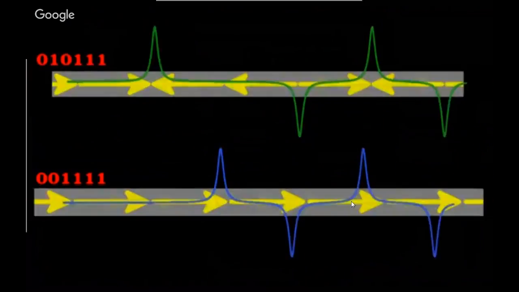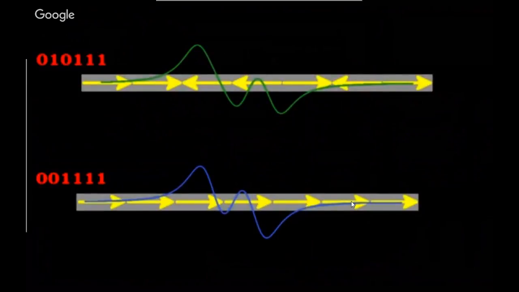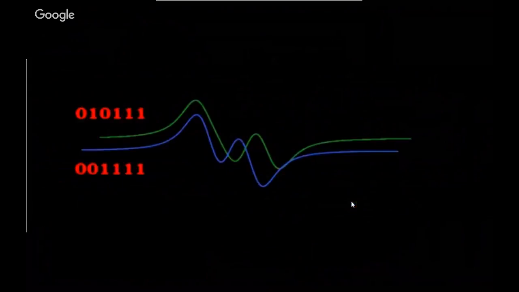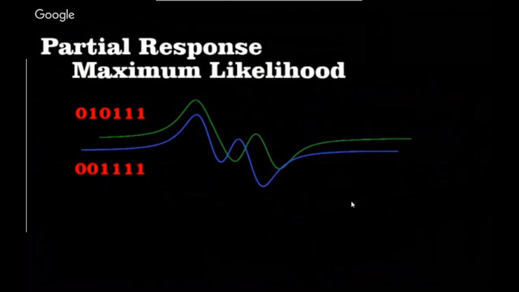One way to do this is to shrink the magnetic domains, but look what happens to the voltage spikes when we do this. For each sequence, the spikes of the ones now overlap and superimpose, giving fuzzy signals. In fact, the two sequences now look very similar. Using a technique called partial response maximum likelihood, engineers have developed sophisticated codes that can take a murky signal like this, generate the possible sequences that could make it up, and then choose the most probable.